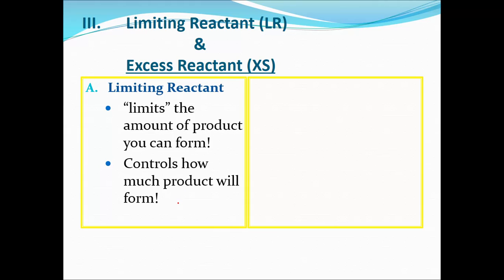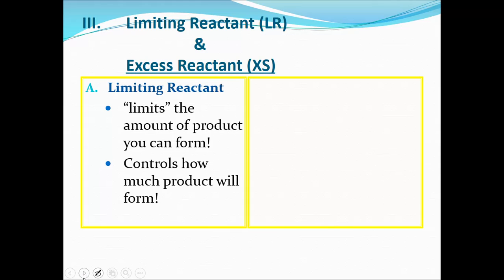And if you're in industry, like a chemical engineer, it's important that you're able to understand which of your reactants is your limiting reactant, because bottom line is when that reactant runs out, you can't produce any more product. And if you can't produce any more product, you won't make any more money because you're trying to sell the products, right? So if, for example, you're producing fertilizers, or if you're producing perfume, or whatever it is you might